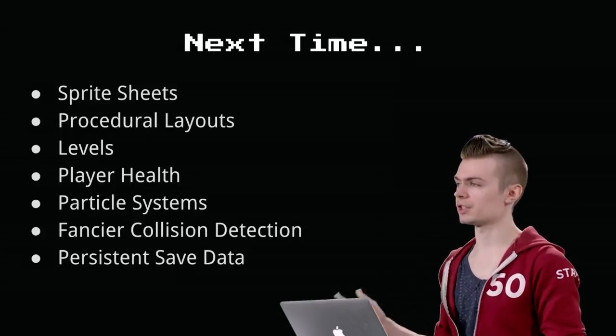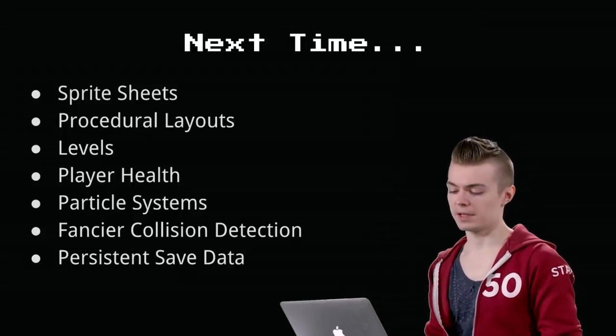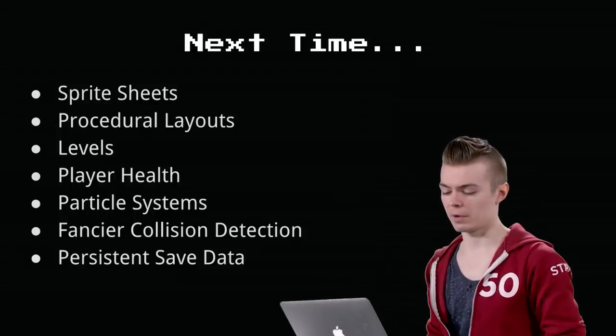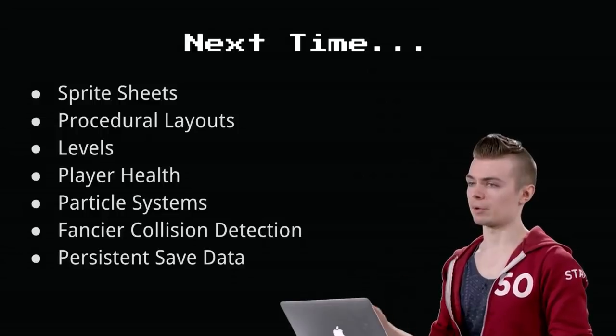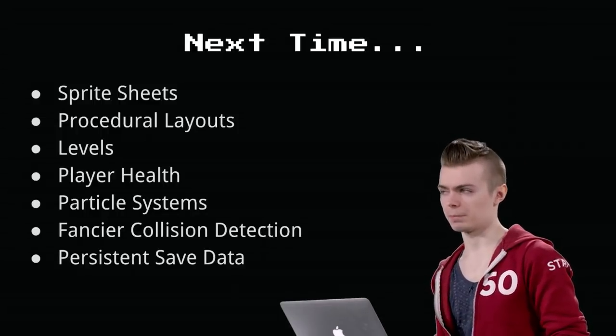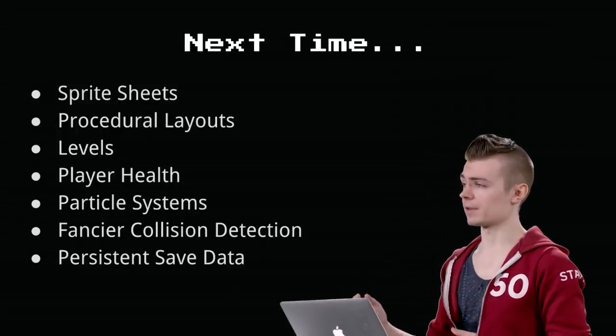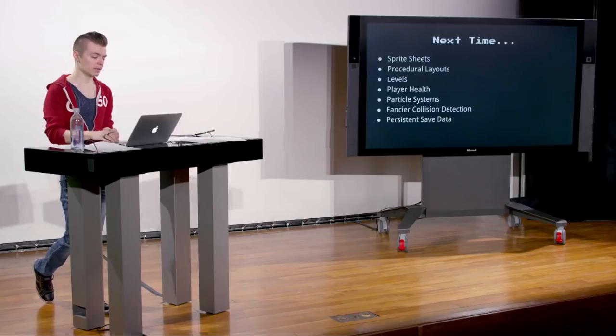A little bit fancier collision detection based on input so that we can drive ball behavior the way we want to. And then also persistent save data. How can we take a high score and not have it refresh to 0 every time we run the application, but rather save it to disk so that every time we run the program thereafter, we can see what we've gotten